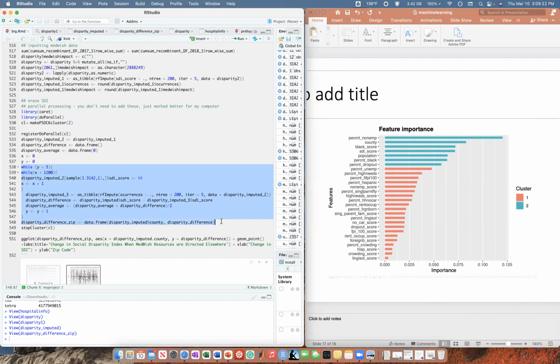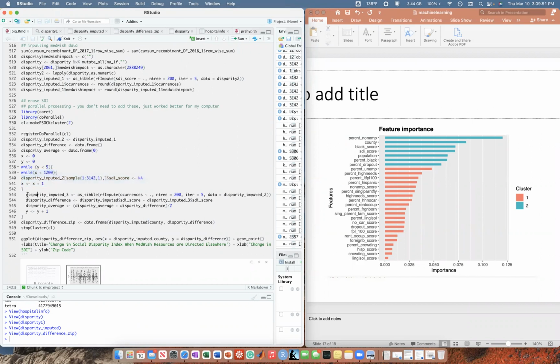I am primarily experienced in Java, so I'm familiar with this. I would suggest looking up some basic loop implementations, such as for loops, while loops, do, for each, if loops, a whole bunch of commands out there. But yeah, what this says is, hey, I want you to, 1,200 times, erase the social disparity index. I want you to erase that value for 1,200 counties.